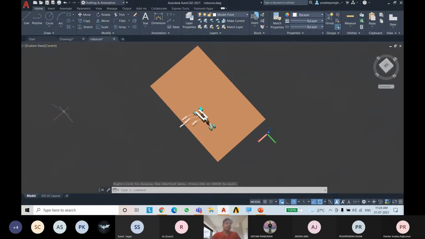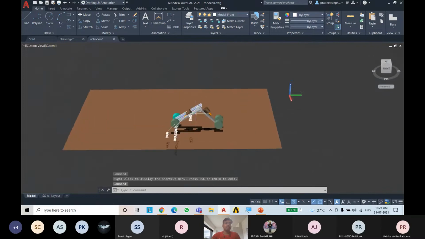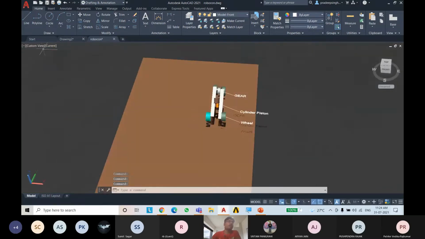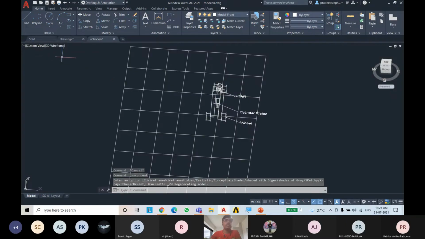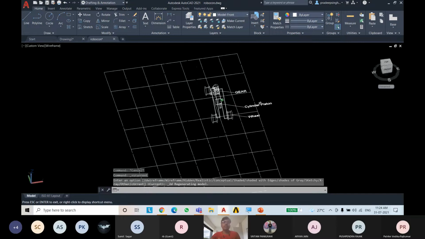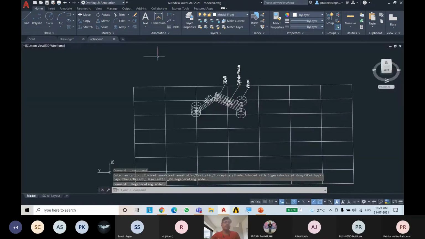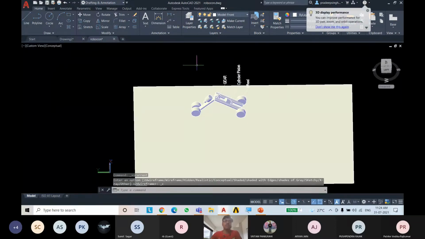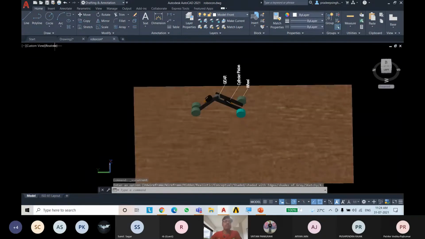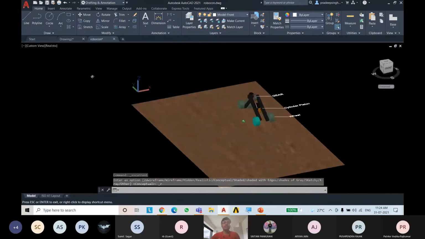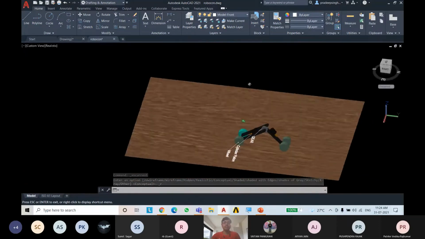There is some other thing. You can see that there are three options here: minus sign, custom view, and current. When you click on current, you can see different styles. Like when you select 2D wireframe, you will see only the lines and wire-like shape of the object. When you click on conceptual, you will see this type of shape. And if you want the object to be seen as we see it in the real world, you can select realistic, and then you will see the realistic view of it.